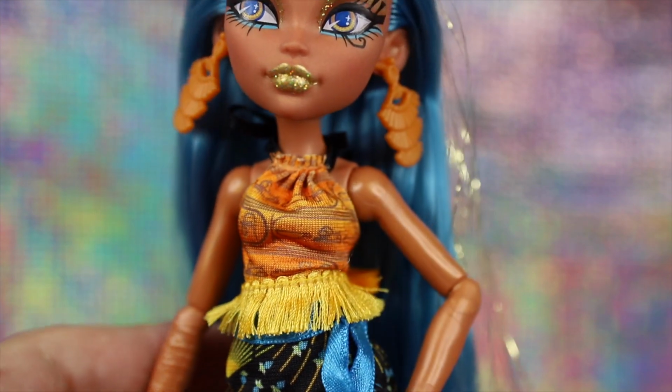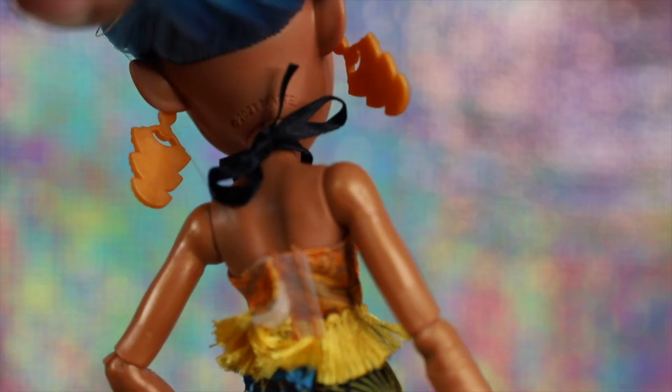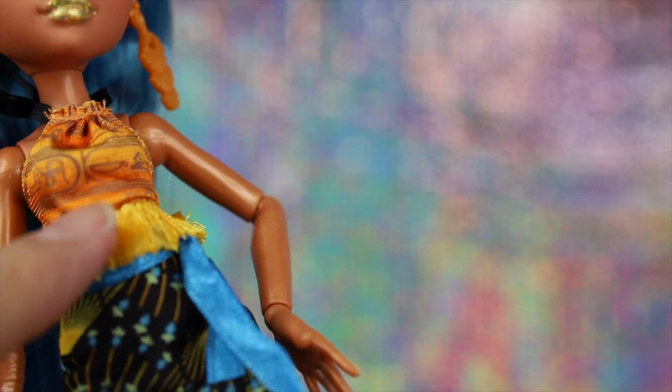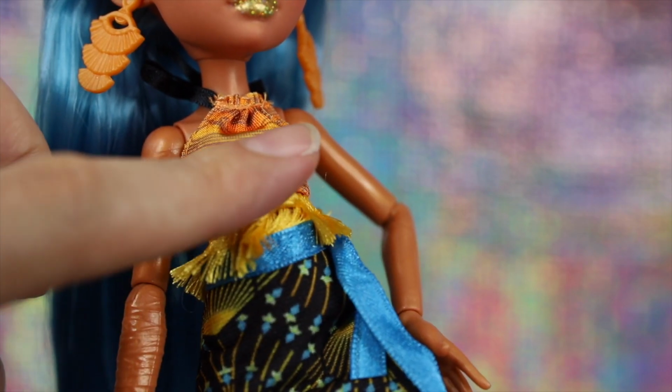Were you able to buy her? Did you miss her? She was definitely not an immediate sellout. She was available for a little while, so hopefully folks who wanted her were able to get her, and we'll see if she restocks. So much fanfare,